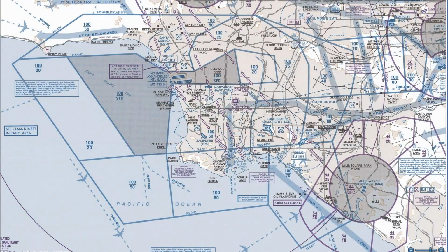Now look at the core again for a moment. Notice how it's not at all symmetrical? It's much bigger to the west of the airport than to the east. At first glance, this doesn't seem to make sense, until you know that the large majority of the time LAX operates with arrivals coming from the east and landing